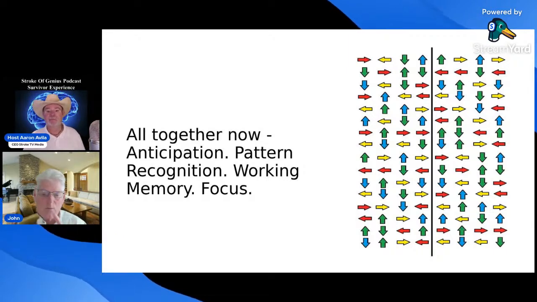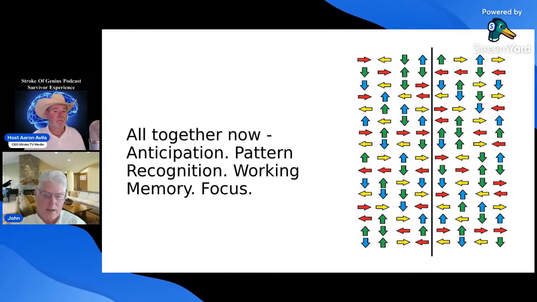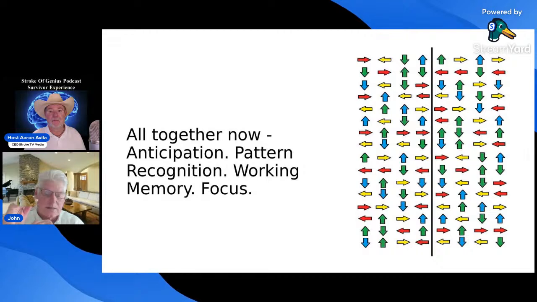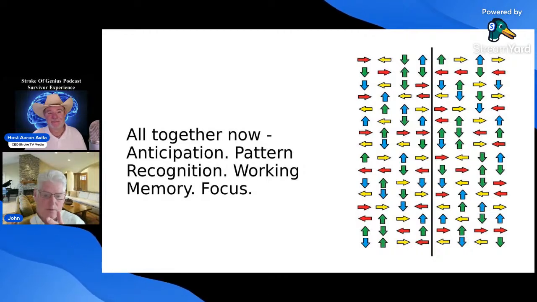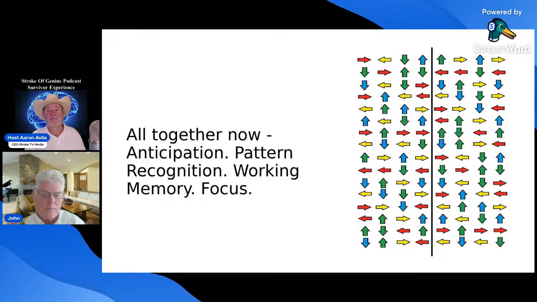Great. Well, let's try one more. And this is working memory, holding something in your memory and executing on it. So for this, I want you to go down the page, but this time we're going to translate the colors to corresponding fruit. So red is apple, yellow is banana, green is lime, and blue is blueberry. So apple, banana, lime, blueberry is the first row. And just go all the way down the page saying just the fruit.